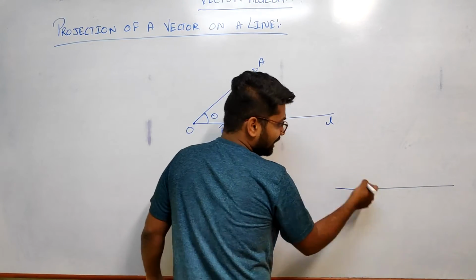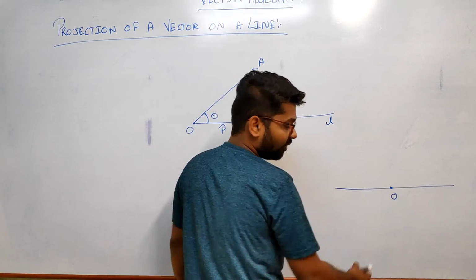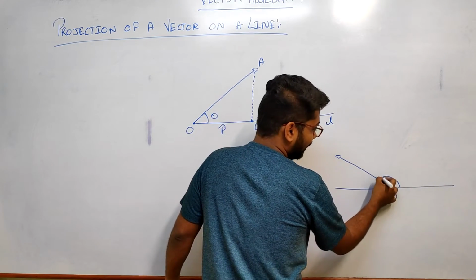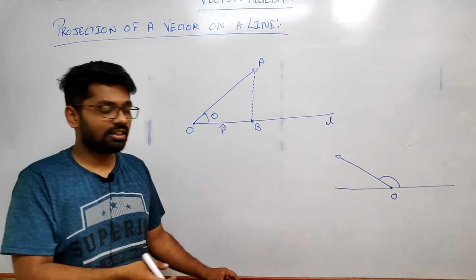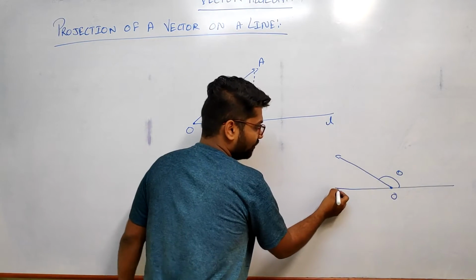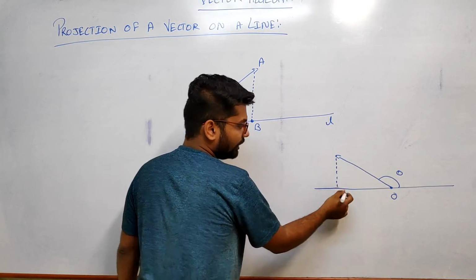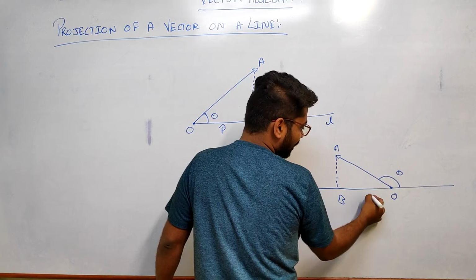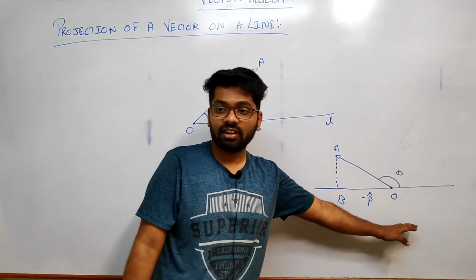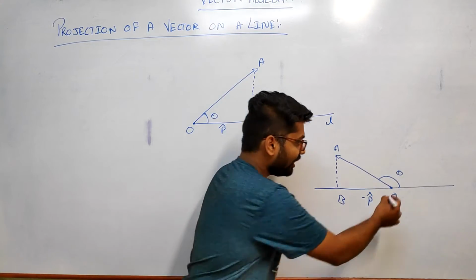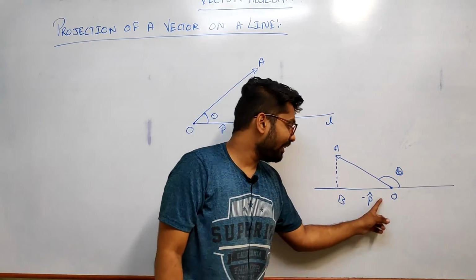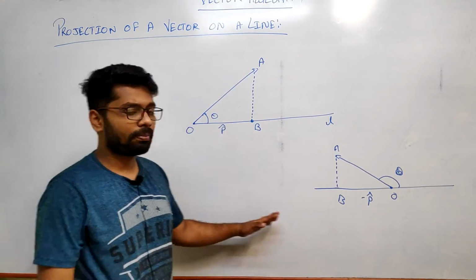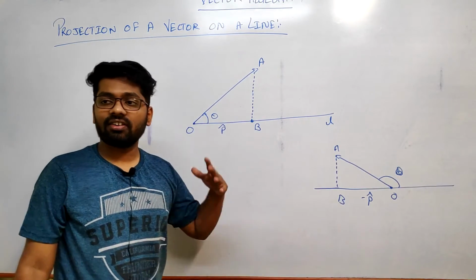Okay, now here is an infinite line. Somewhere the origin is there. Now what I'll do, I'll consider a vector which is making an obtuse angle, more than 90 degrees. Then you tell me where will be the projection? Here, and suppose this is isko B मान लिया, A मान लिया. So therefore will it be p cap minus, because it is coming on the other side, because theta is more than 90 degrees, there is a possibility that you may get a projection which is negative. So this is nothing but projection of the vector. We'll see formula, definition, everything.